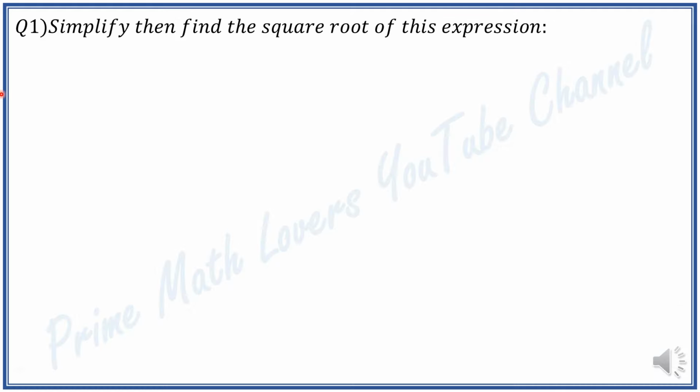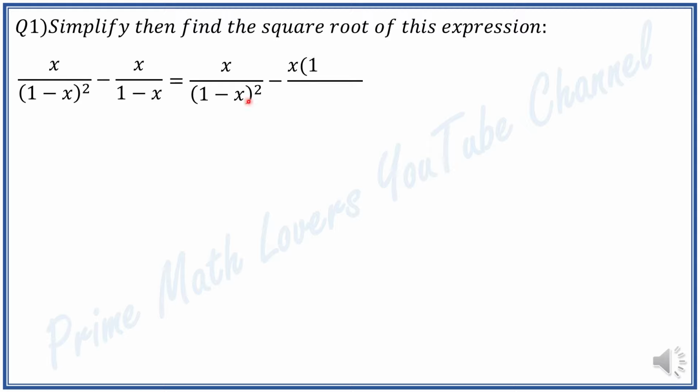Question 1. Simplify, then find the square root of this expression: x over 1 minus x squared, minus x over 1 minus x. To subtract the fractions, we need a common denominator. In this case, the common denominator is 1 minus x squared. So we multiply numerator and denominator of the second fraction by 1 minus x,